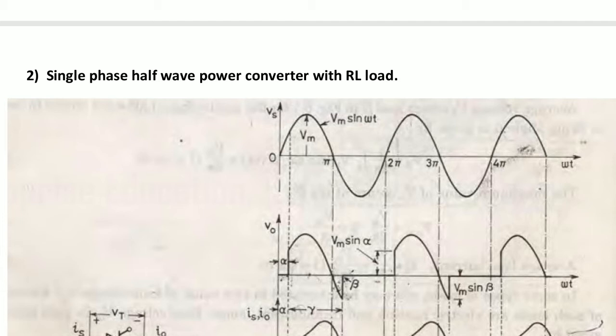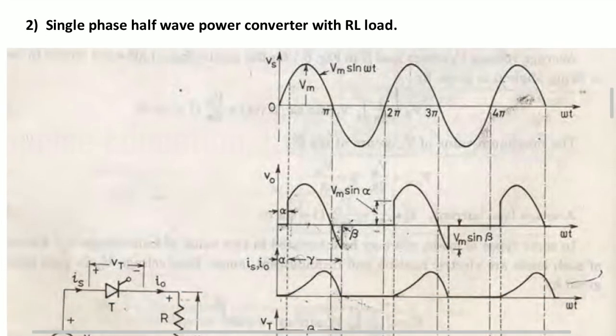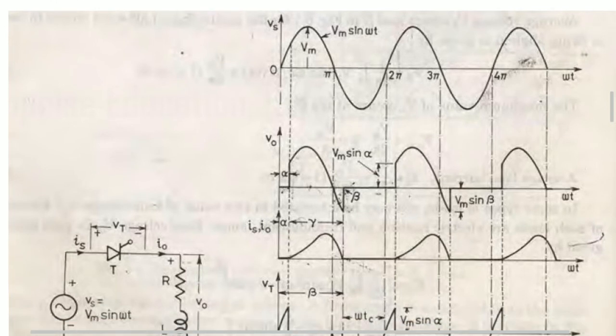A firing angle may also be defined as a measure from the angle that gives the largest average output voltage, or the highest load voltage. A firing angle may also be defined as the angle measured from the instant that gives the largest average output voltage to the instant it is triggered. So these are the basic definitions of the firing angle. So please remember, firing angle is shown by alpha in the waveform.